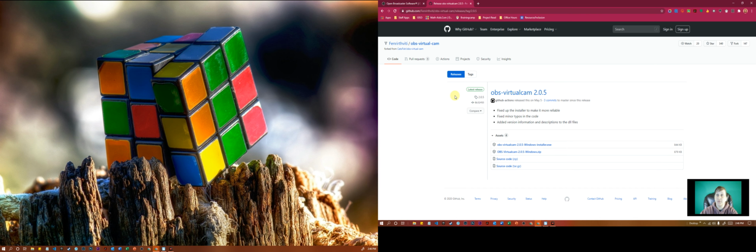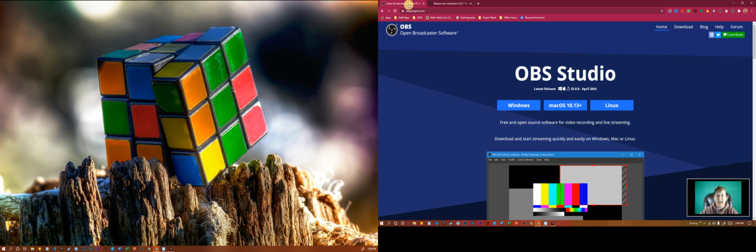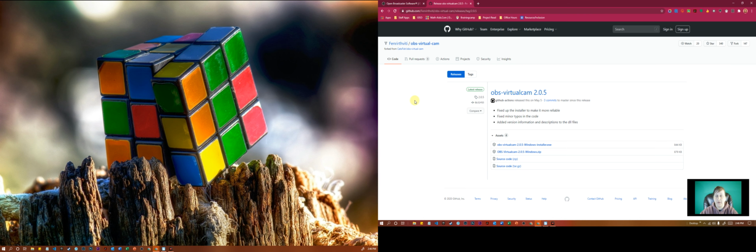And then in order to download and install OBS Virtual Cam, you're going to want to do OBS first, and you're going to have to restart your computer a couple of times during this process. And then you're going to want to download OBS Virtual Cam after that and install it after OBS is already installed. So this is the website right here. If you want to just look at it and see what it is,